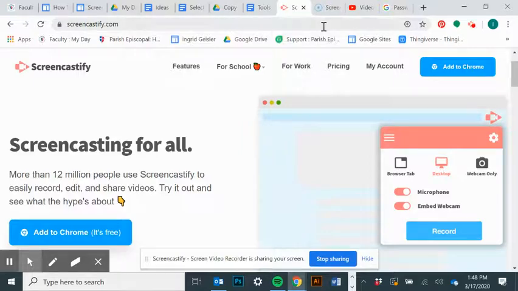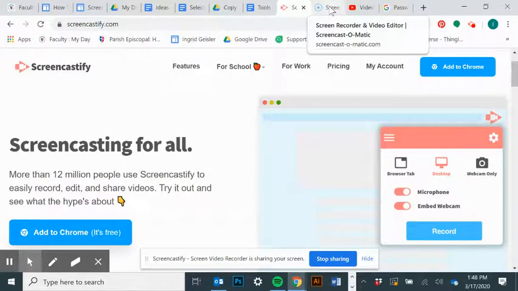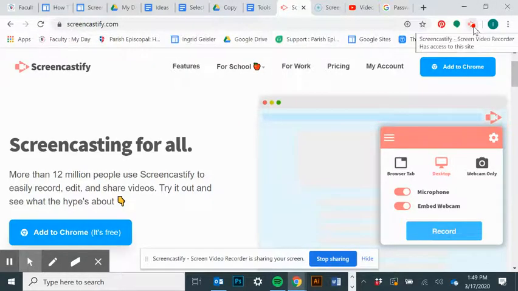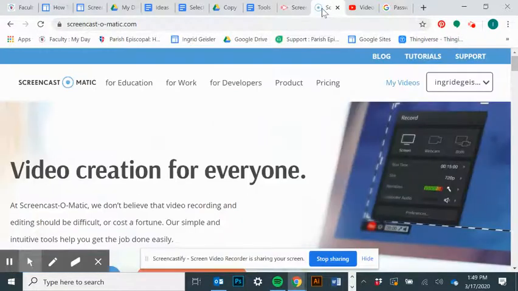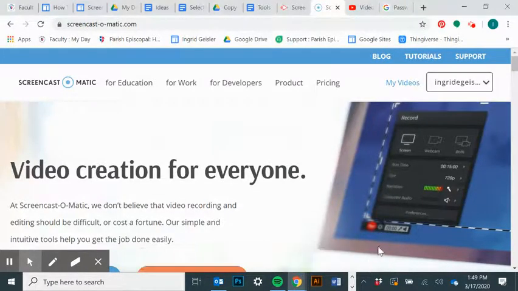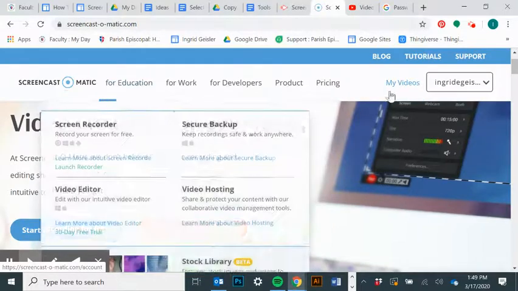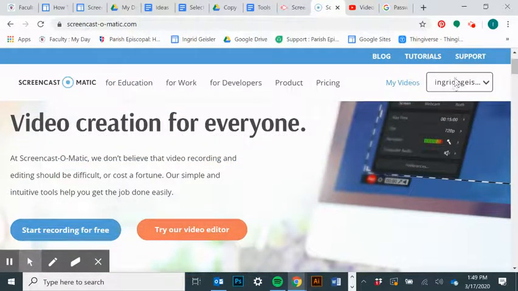Okay, team, we're going to explore Screencastomatic using Screencastify. So I already made my little extension button here for Screencastify, and so I'm using that to create my video about Screencastomatic, which is my go-to screencasting site. So for me, I've used this a lot of times before, so I've already logged in, but